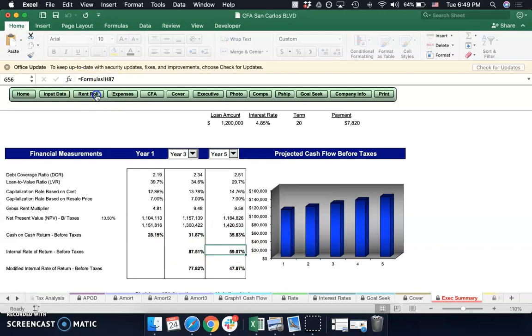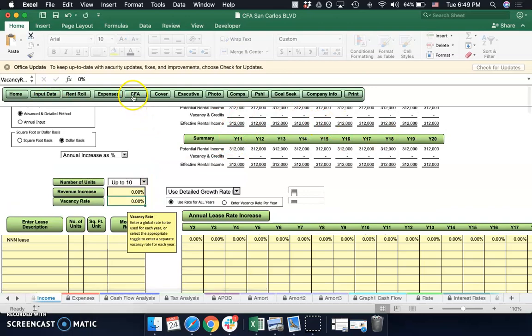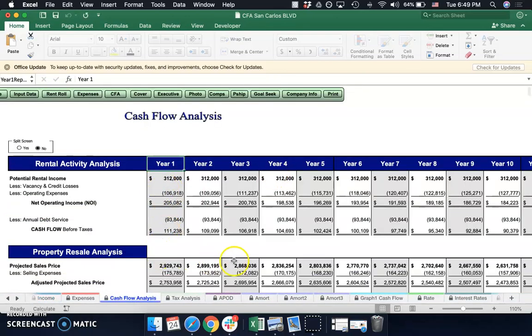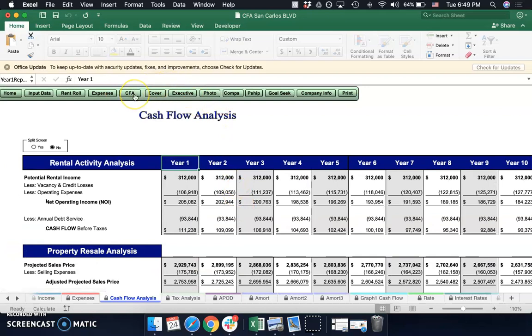However, let's say what would happen if our revenues did not increase at all. We can just hit 0%. And what I love about this is it's automatically going to change all this. It's automatically going to change our cash flow analyzer. It's going to change our value. It's going to do everything for us. And I can simply come back, hit